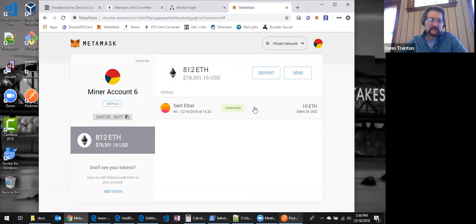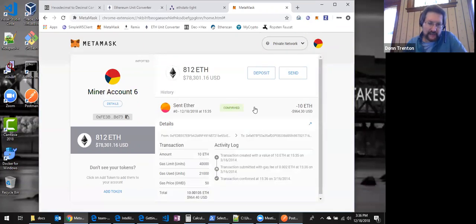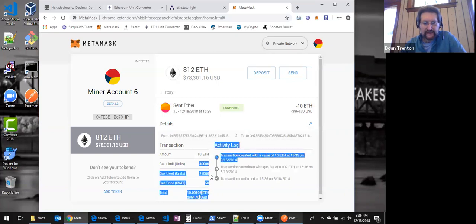Confirmed. Once it's confirmed, you can click on that, and we get details on the transaction. There's the from account, the to account, transaction amount, gas limit. We set it at 40,000. We're willing to pay 40,000, but it only used 21,000. Gas price, and